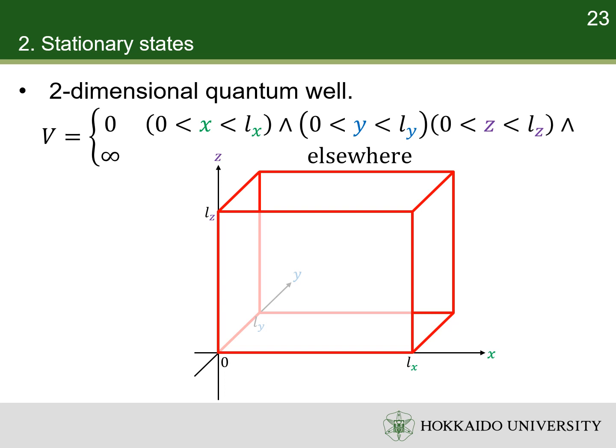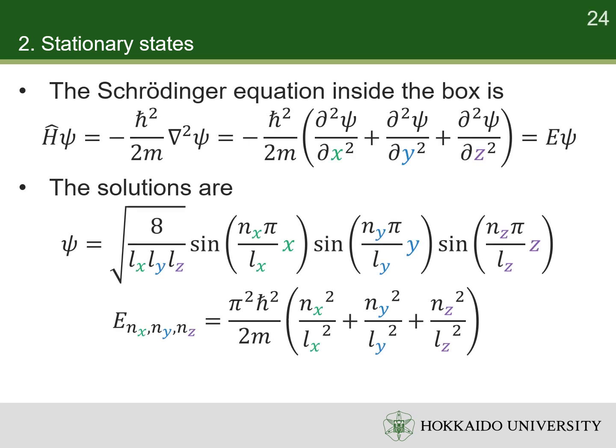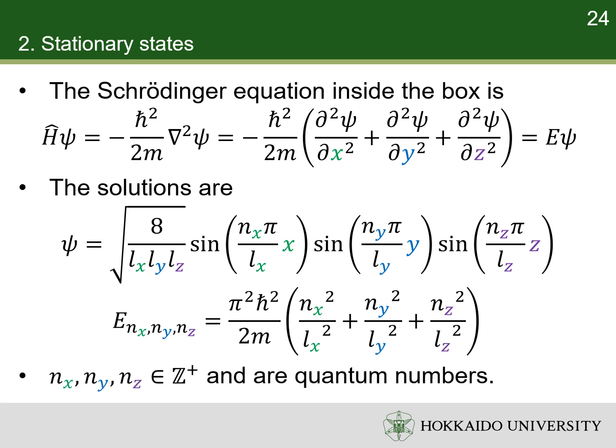If a particle is trapped in a three-dimensional box, it may freely move in the xyz space, between barriers separated by lengths Lx, Ly, and Lz respectively. The stationary states and their energies may be calculated using a similar approach to that of the two-dimensional well. Here, nx, ny and nz are quantum numbers. There are 3 quantum numbers because the particle has 3 degrees of freedom in motion.